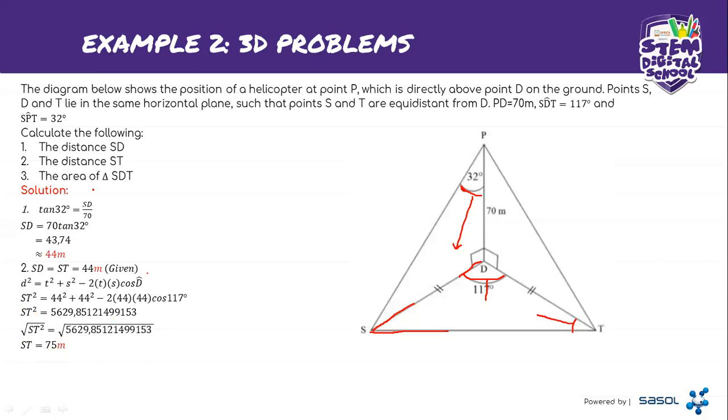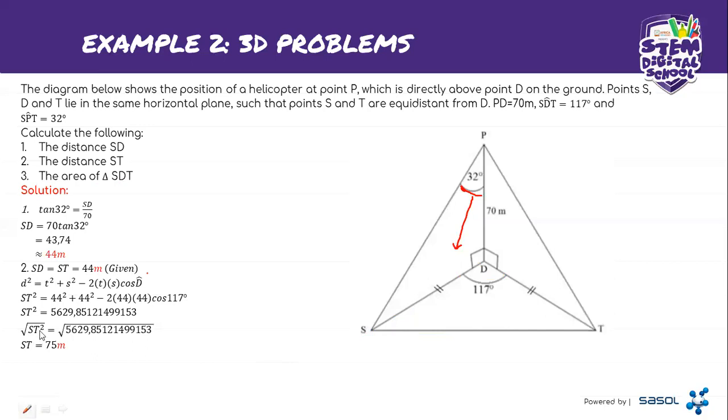Now, the last question says we should calculate the area of triangle SDT. Let's go and look for SDT. SDT is this triangle that we've been doing. Let me just erase this so that you can be able to see. Okay, now